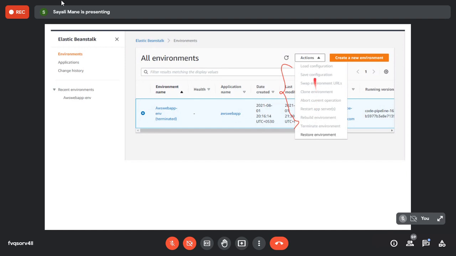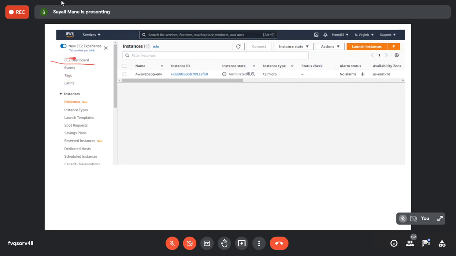All these options are disabled. It means that you have successfully terminated the environment. If you want to work again, then you can go for restore environment. But now we don't need to work, so simply leave it. So this is one step of rechecking it. One more step is there for rechecking it.